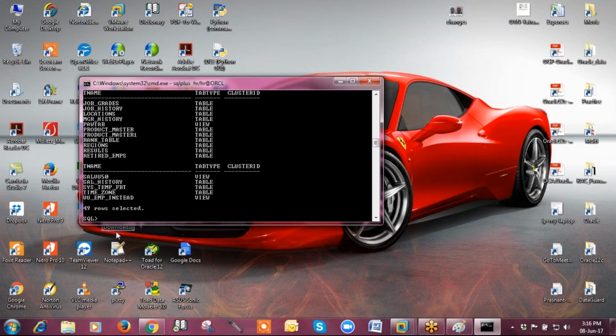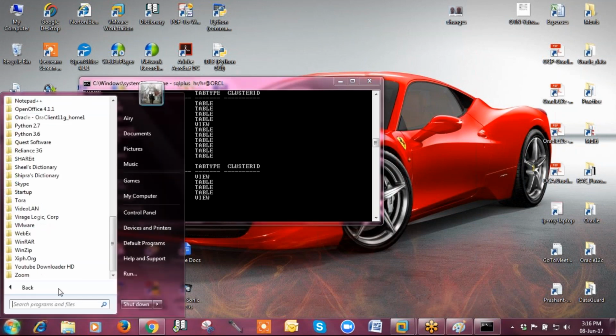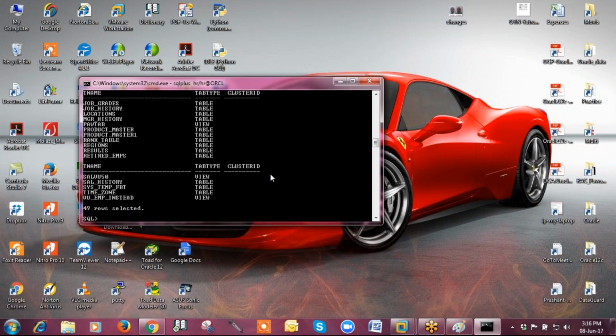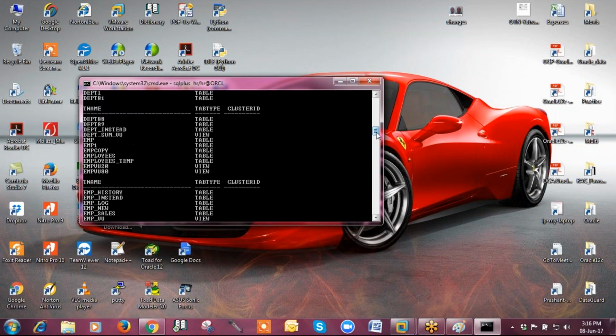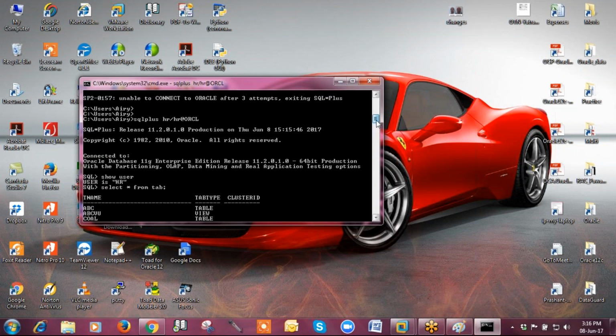So what is the purpose of showing this? I have just installed the Oracle client. Thereafter I created the TNS alias, and I am connecting to my particular schema in that particular database by using that TNS alias, ORCL, right?